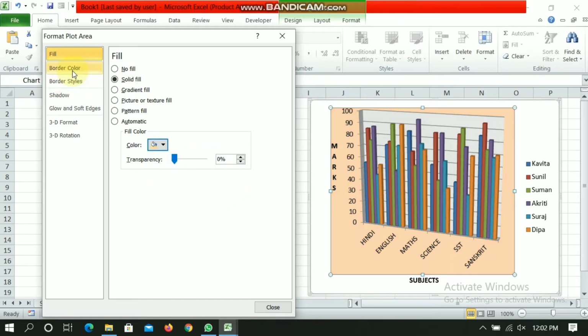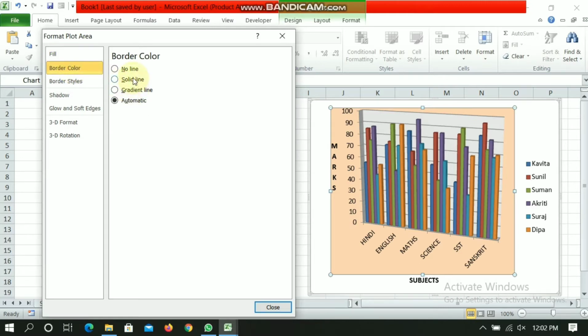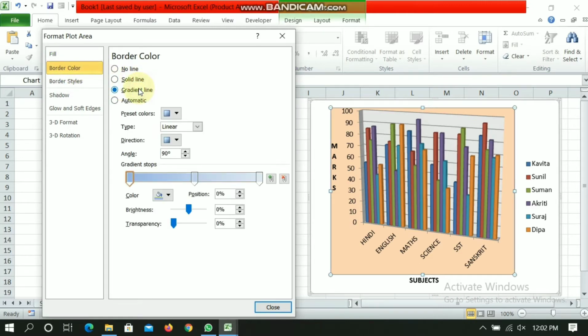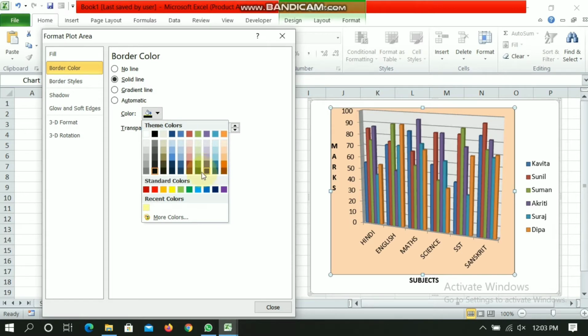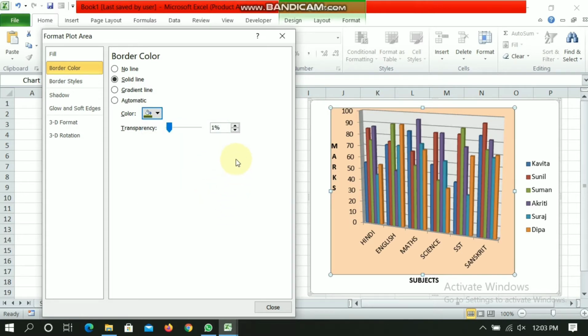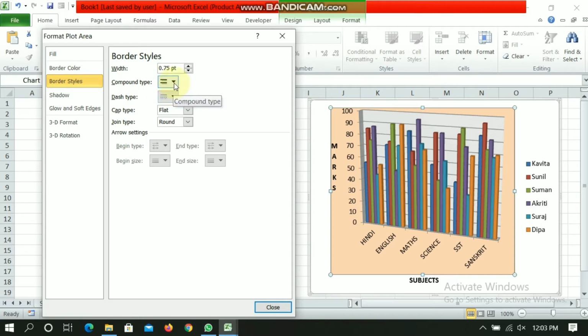This one. And after that, border color, you can choose any one from these: no line, solid line, gradient line, automatic, solid line. You can choose this, black, and anyone else. Okay, and you can choose border style as well.